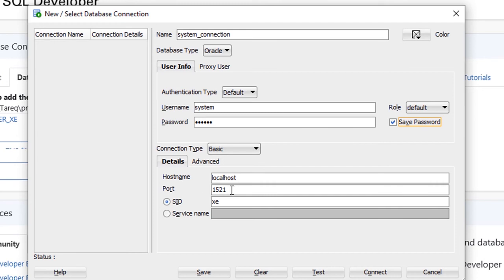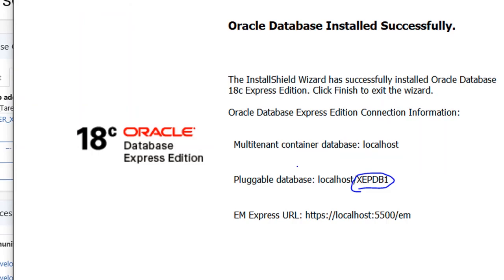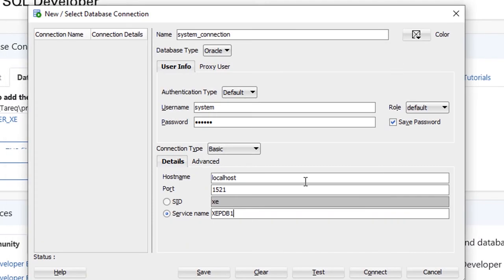The port of the listener is 1521, which is the default value. The service name is XEPDB1. We captured this information after finishing the Oracle Database Express installation. So this is the database service name, XEPDB1, which is the name of the pluggable database. After typing the information, the username, the password, and the database information, which is the host where the database exists, the listener port, and the database name,